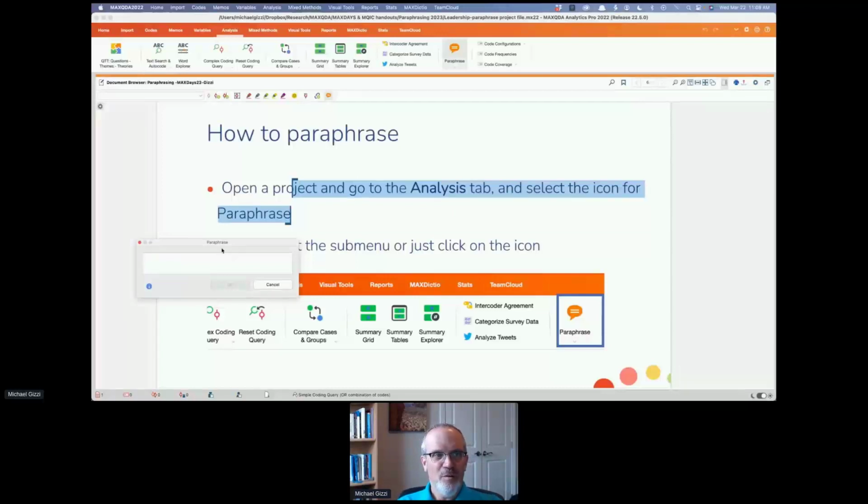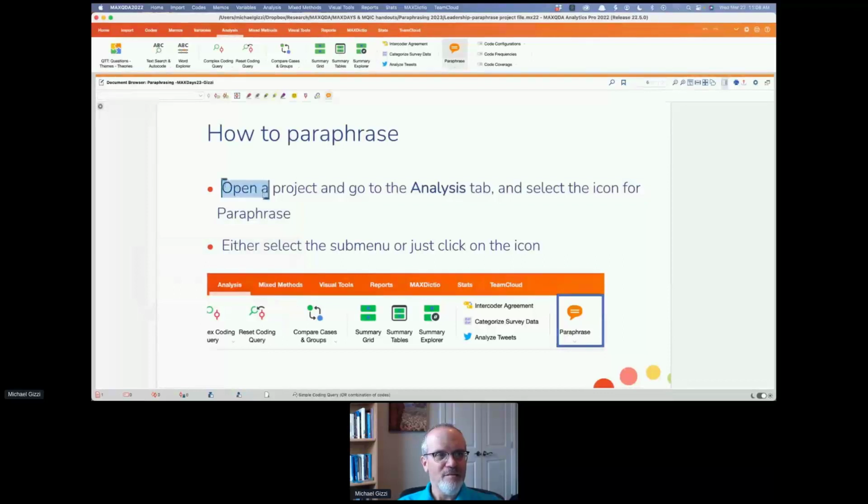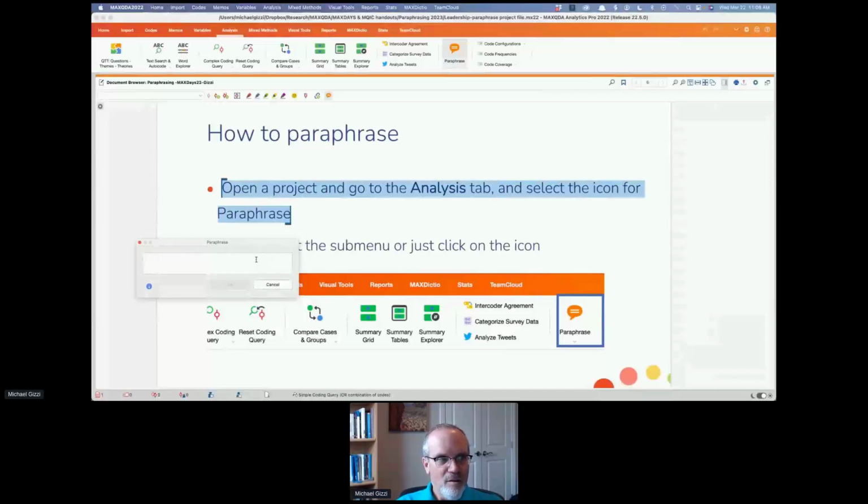So I can highlight a segment of text and put it in my own words. And when I do that, that part of the text will turn green, and you're going to see the paraphrase itself show up in the right sidebar.